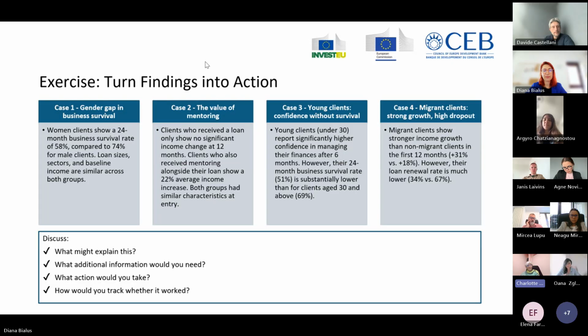And then you can separate the group. If you want to follow up, does it actually have an implication for the survival rate of the business? You can divide it into groups where you have one group where you do this as a structured service and another group where you don't have it, and you can compare the survival rate. Yes.